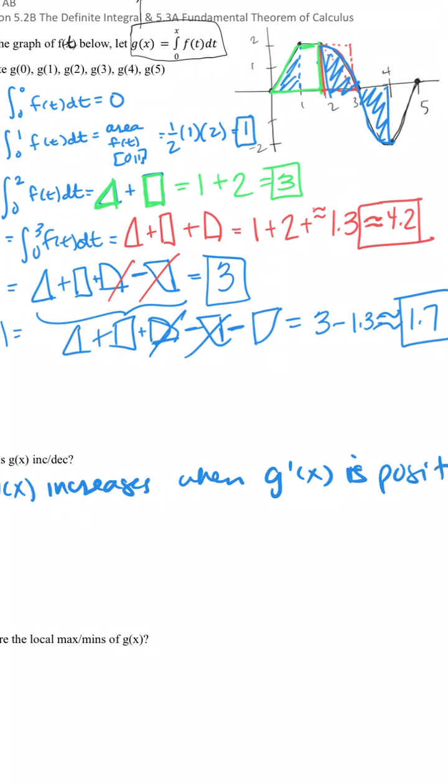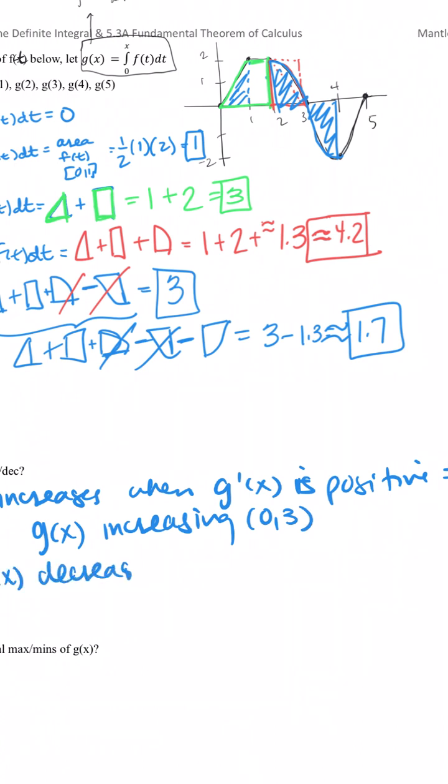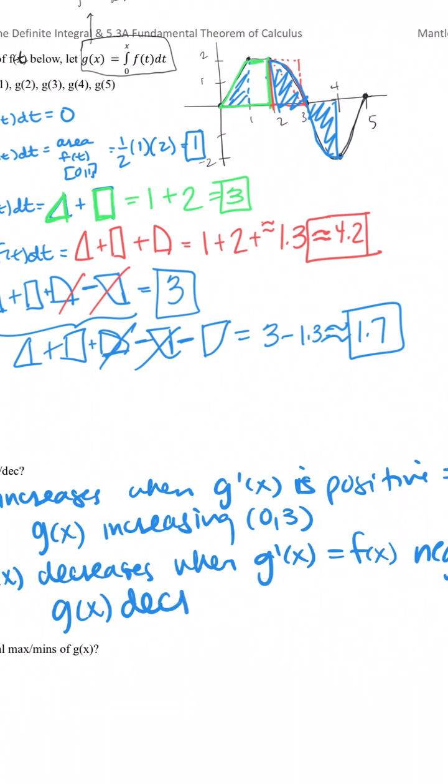In this case, the derivative g prime is equal to f of x. So wherever f of x is positive, that means g of x is increasing, on the interval from 0 to 3. And vice versa, it's decreasing when the derivative, which is equal to f of x, is negative. And we are negative, so g of x is decreasing